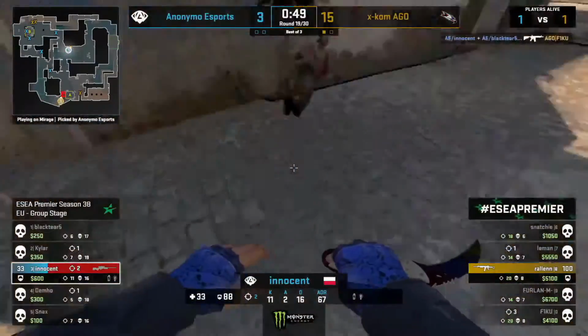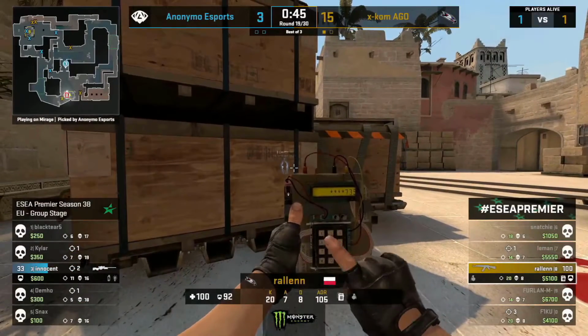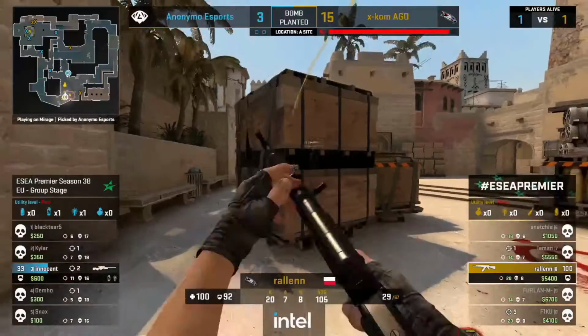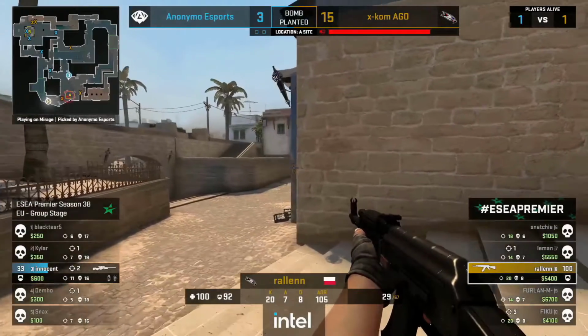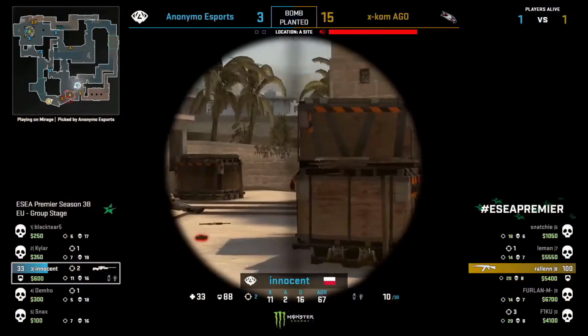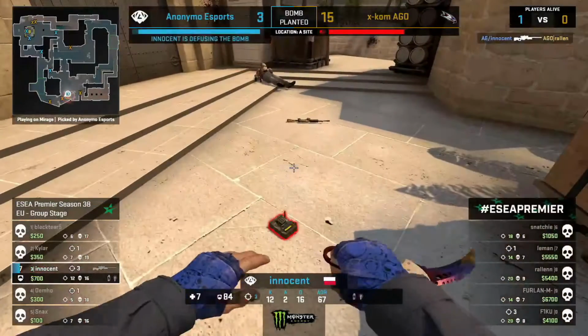Indeed, he goes down. Rallen trying to get the immediate trade won't be successful, but he does now have the time to get that bomb planted, and good damage has been done on top of it. Innocent on 33 health needs to save the day. The nade goes in. It's deep, though, towards Connector. But Rallen still manages to get the crossover to the spawn. And without the kit now, with Rallen having the ability to just play the time on that bomb, this is going to be incredibly difficult. And, well, he actually tries to take the straight-up fight. It's going to be Innocent who wins it out and gives